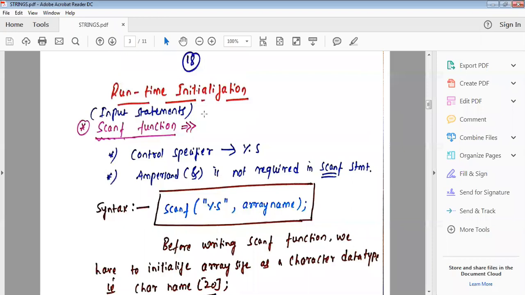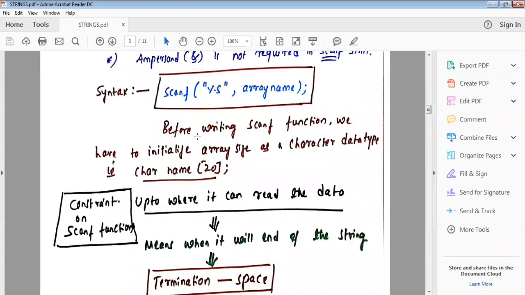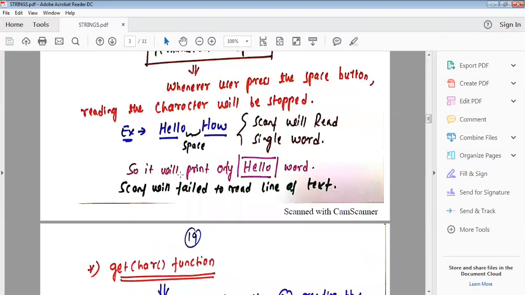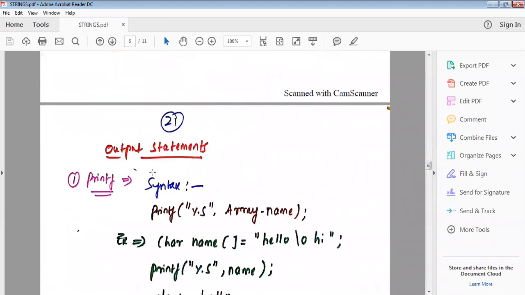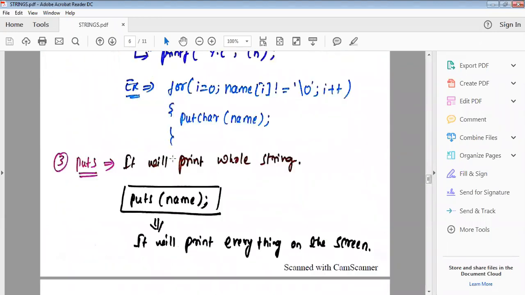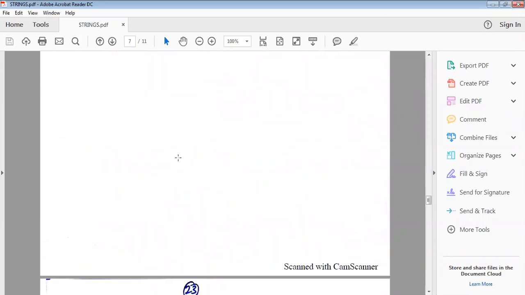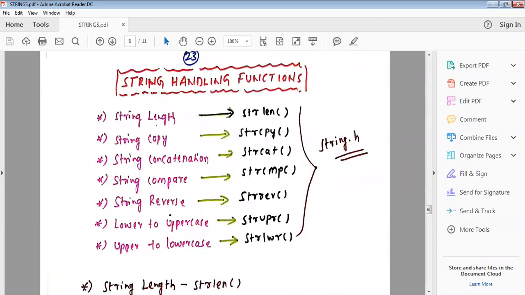For runtime initialization, input statements are scanf, getch, getchar and gets functions, and output statements are printf, putchar and puts. Then we discussed string handling functions: string length, string copy, string concatenation, string compare, string reverse, lower to uppercase, and upper to lowercase. Is it okay?